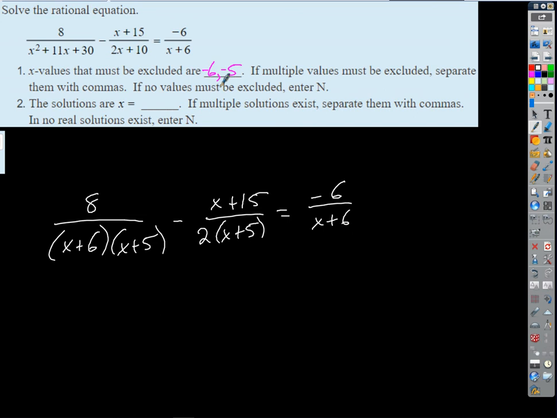All right, so what's our LCD going to be this time? Okay, good. For the constants, there's only one constant, so I need at least 1, 2. So we got that. You're going to need at least one x plus 6 and x plus 5. And that covers all our bases, right? So if we distribute that through everything then,